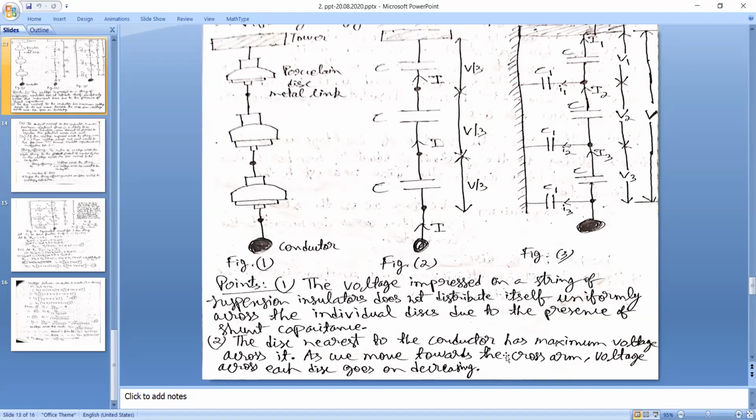As we move towards the cross arm, मतलब जैसे जैसे we move up towards the tower through this insulator string, voltages across the discs, they are in decreasing format. So as we move towards the cross arm, voltage across each disc goes on decreasing. लेकिन ये प्रॉब्लम अराइज नहीं करता अगर शंट कैपेसिटेंस नहीं रहते, तो यहाँ टोटल जो वोल्टेज होता है वो इक्वली डिवाइड हो जाता है तीनों के बीच, बट इन रियलिटी इट इज नॉट पॉसिबल लाइक दैट।